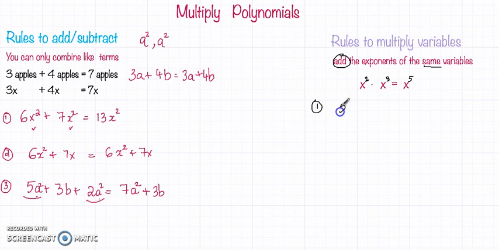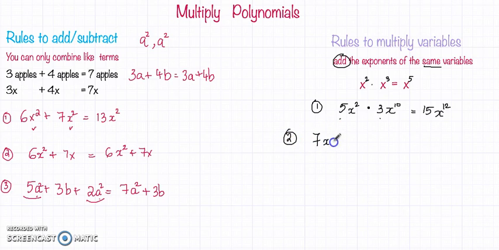What if you have to multiply 5x squared times 3x to the 10th power? So what you have to do is, we know that 5 times 3 is 15, and 10 plus 2, you get x to the 12. So you're adding the exponents and multiplying the coefficients. Okay, another example,